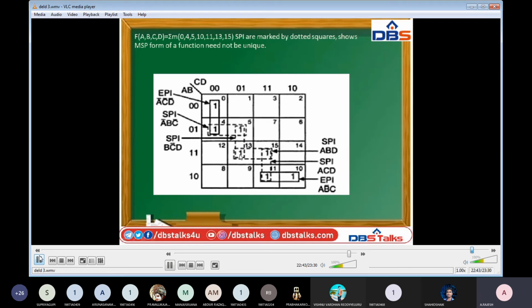So again a selective prime implicant, these two. A is varying, B is common. That's why B, C complement D. And again this one, a selective prime implicant. AB is not varying, and in this D is not varying, ABD. And the next selective prime implicant. In these two, A is not varying but B is varying. That's why A, and CD, ACD. So this is our EPI, essential prime implicant. In this A, B complement, and C is not varying and D is varying. That's why A, B complement, C.